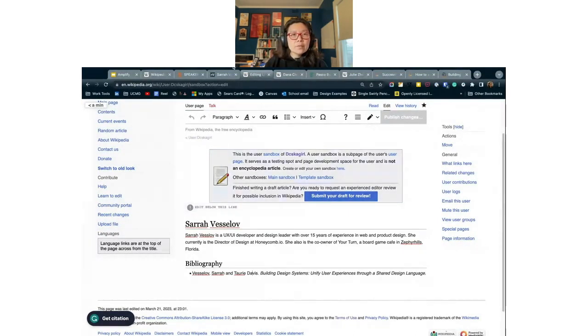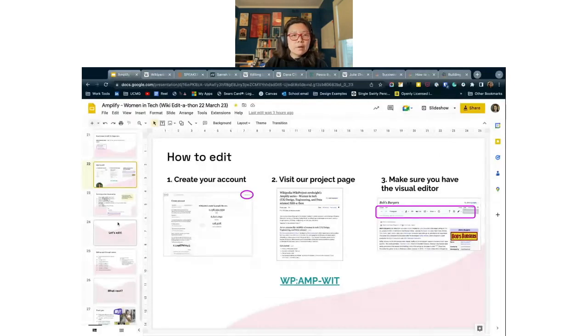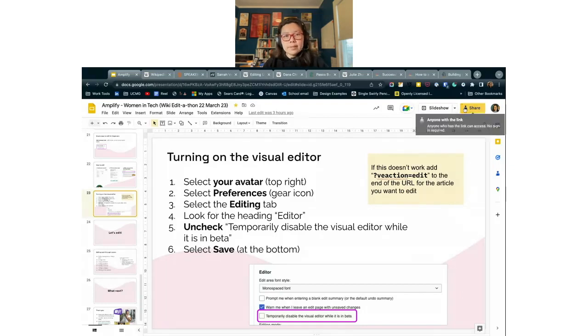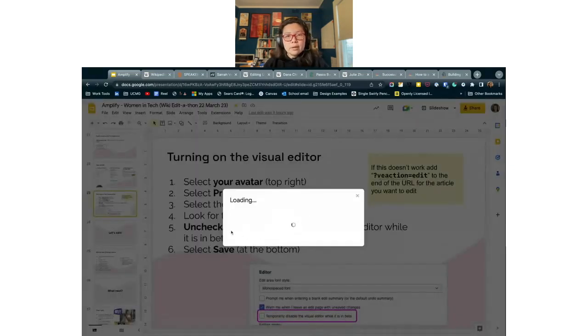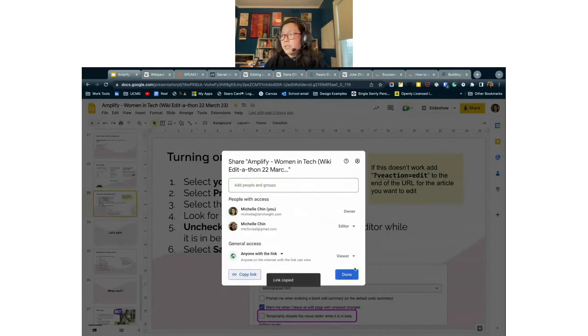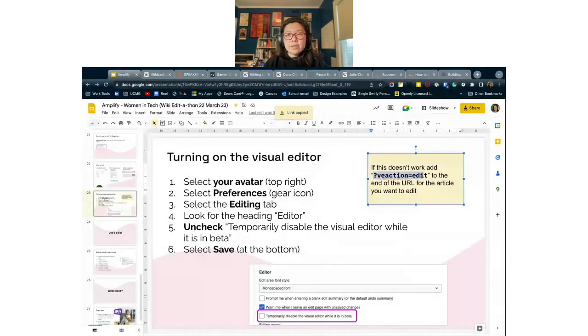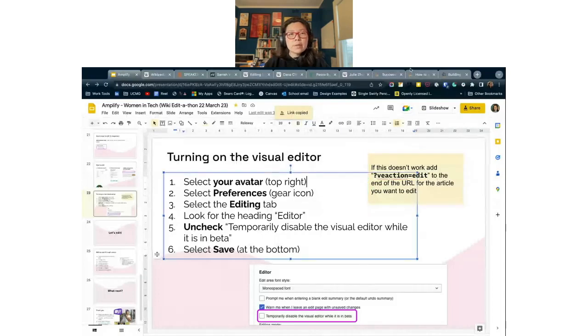If you don't have the visual editor, there's information on how to turn it on. So I will share this link in the chat, so you have this information in case. And if that doesn't work, you can always append veaction=edit to the end of the URL to put it in edit mode with the visual editor.